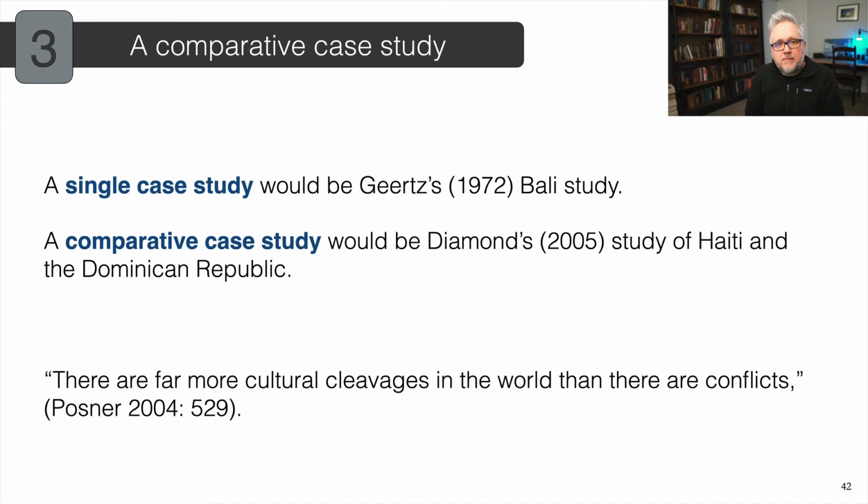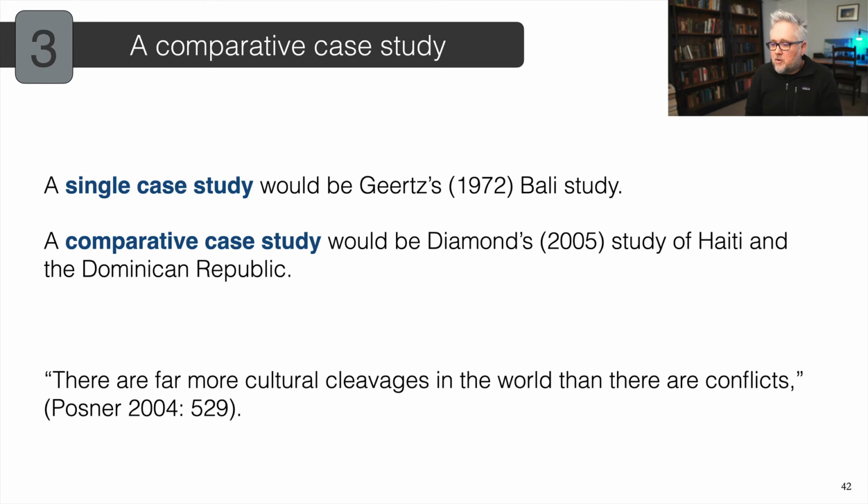Those are crucial explanations that Diamond was suggesting, helped explain the different levels of relative economic development between those two parts of the border. So there, it's not necessarily a natural experiment, but it is trying to hold as much the same as possible. Geography, in some ways colonial history, at least the initial colonial history, to help explain why conflicts break out in some parts of the world and not others.